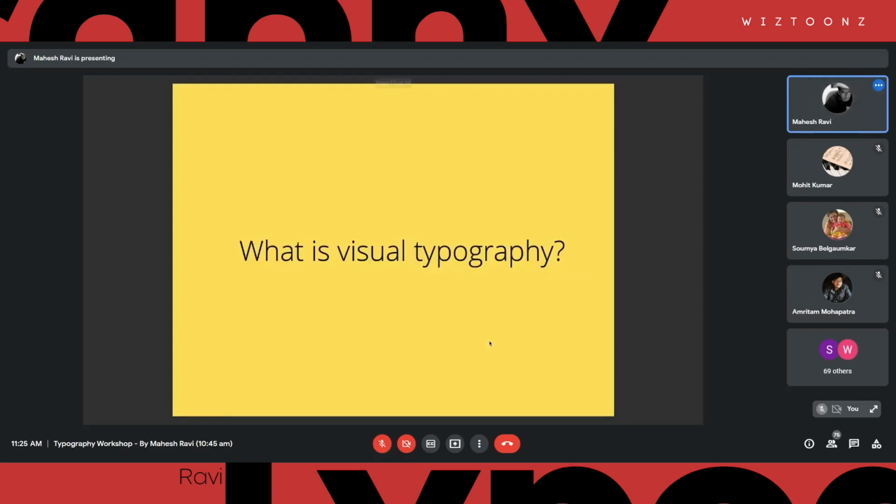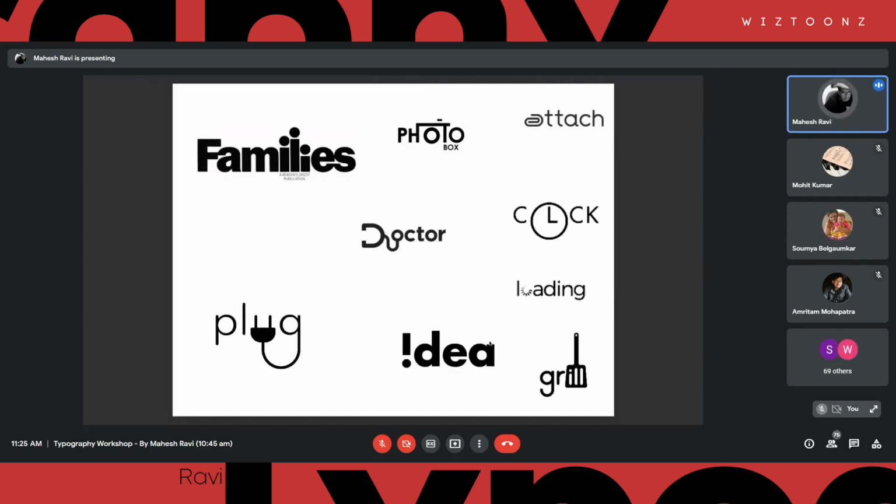Before we go forward, there is one more thing that I want you to understand, which is called visual typography. Visual typography is a technique where you combine or modify typography to convey a much bigger idea. For instance, if you look at this, it's basically "families", but you can actually see a family in here.